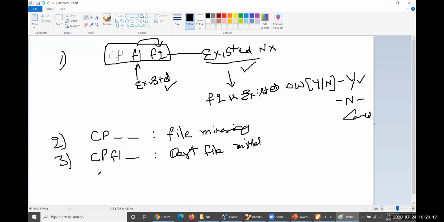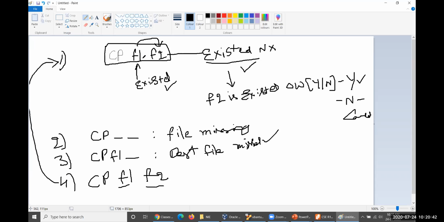If the destination file is missing, obviously your operation will be cancelled after generating this message. The fourth one is CP where file 1 has been given by you and file 2 has been given by you. Then you go ahead and check these conditions. Does file 1 exist or not?